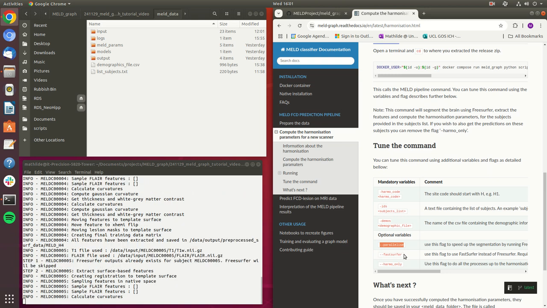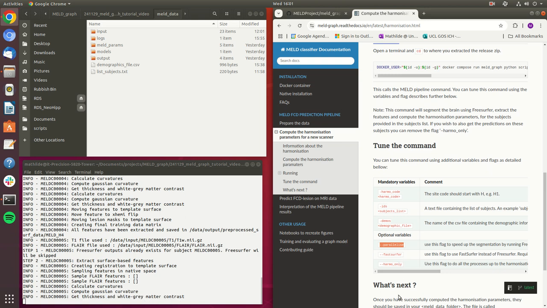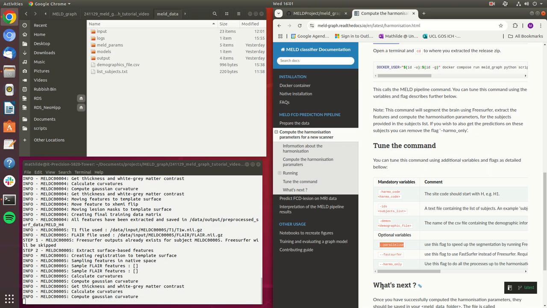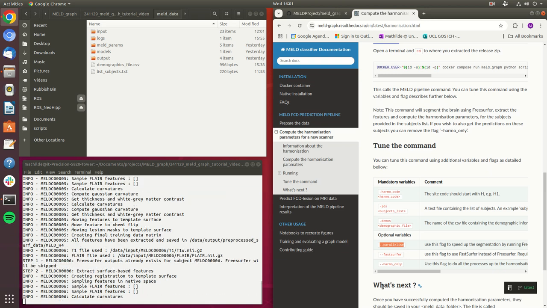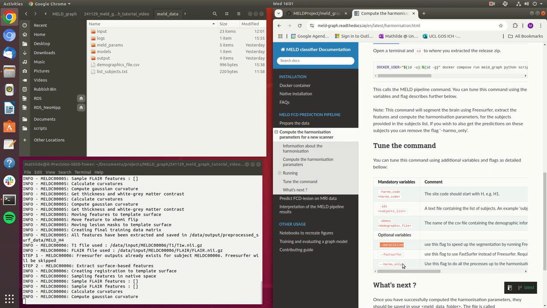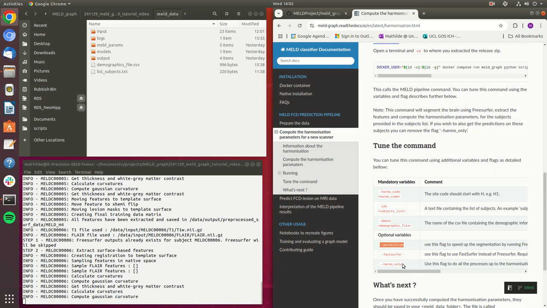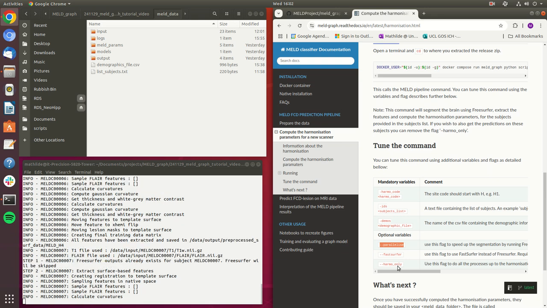You can also mention the fastsurfer flag, which means that instead of using the FreeSurfer segmentation, it will perform a FastSurfer segmentation, which is a bit faster. It's approximately 2 hours if you're only using a T1 scan and 4 hours if you're using a FLAIR scan as well, compared to the 6 hours that are required by FreeSurfer. And if you want to be able to predict as well on these patients that you're using to compute the harmonization parameter, you can just remove this harmo only flag, and the pipeline will just continue